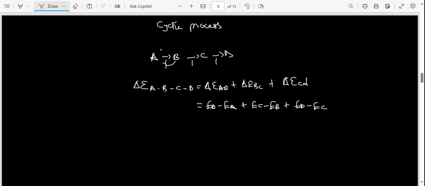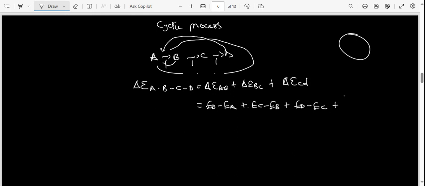And since it's a cyclic process, I'll move to this point again, so here there will be another plus. I'm making a circle, and in this circle, I'm trying to connect. I've moved already this side, so now I'm going back from D to A. I was supposed to add here that there will be again the change in internal energy between A and D. So here I'll say the internal energy of A, because it is the final position, minus the internal energy of